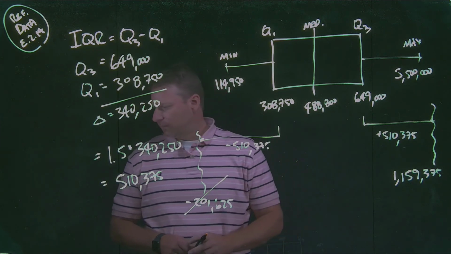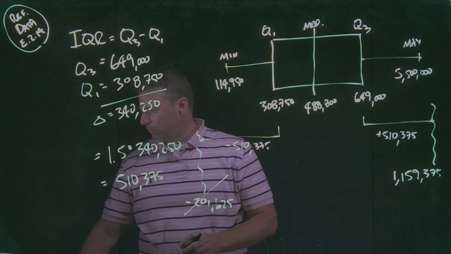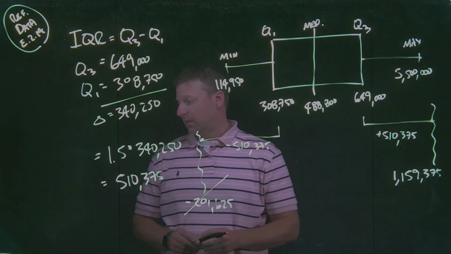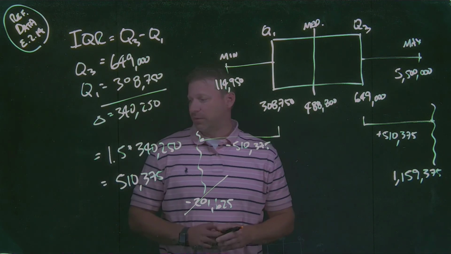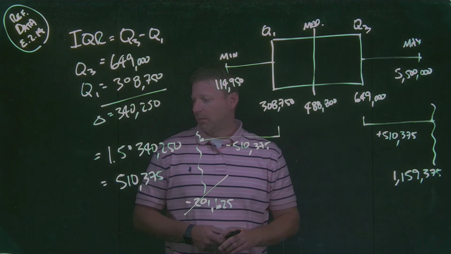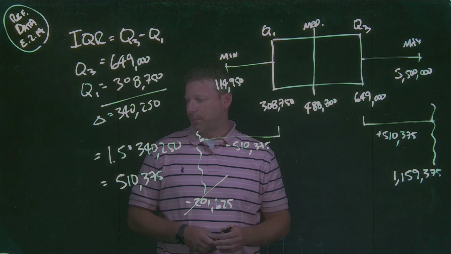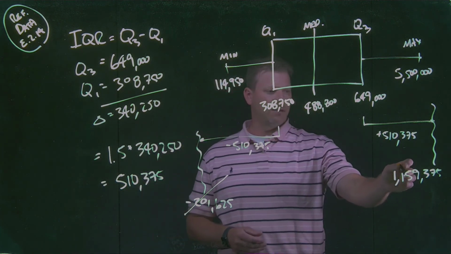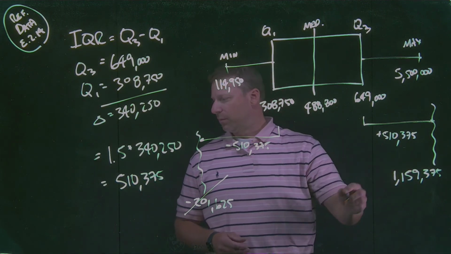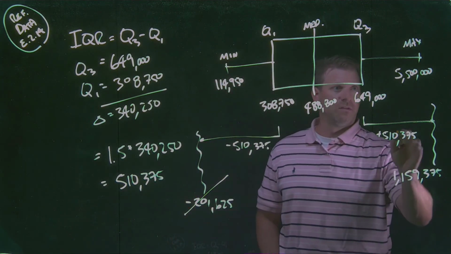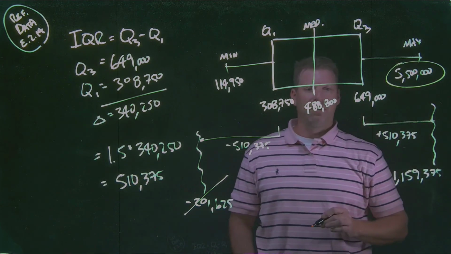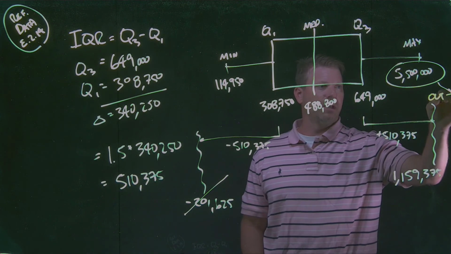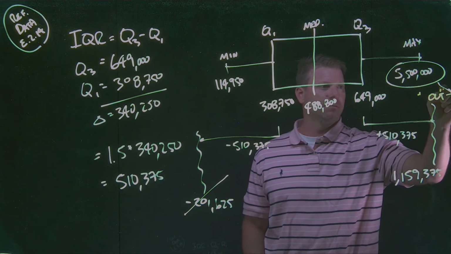If we look at our data, we do have a couple of numbers out there, well, one in particular, on the high end. If you look back in the book, our two highest numbers are the 12th and 13th data points. The 12th was 1.095 million. That's obviously not quite beyond that, but then we jump up to this data point right here, 5.5 million. That clearly, in our estimation, would constitute an outlier by this definition.